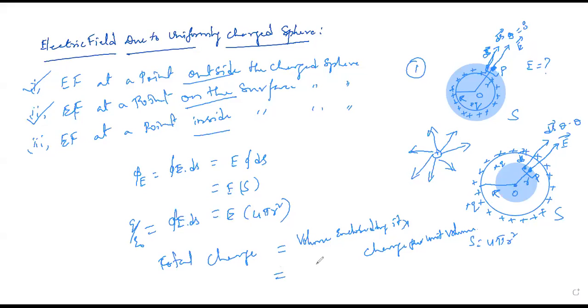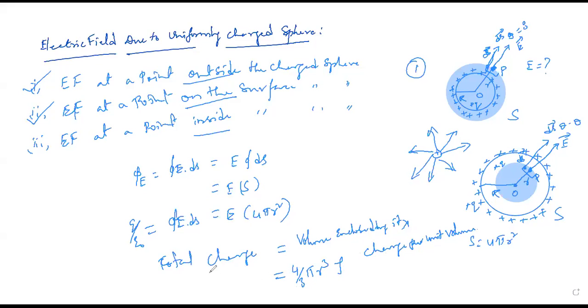So the volume enclosed by this Gaussian surface is, what is the volume of the sphere? Any one of you? The volume of the sphere is 4 by 3 pi r cube. Yes, exactly, good. Because we are writing for the Gaussian surface, our radius is the smaller r. So the volume enclosed by it is 4 by 3 pi r cube, since I am going to write the total charge enclosed by the Gaussian surface as volume enclosed by it into charge per unit volume. Then what is the charge per unit volume? It is nothing but the charge density, correct or not? That will be rho.